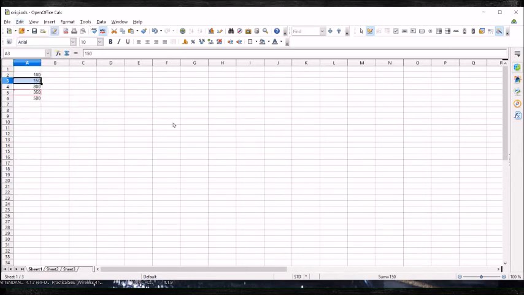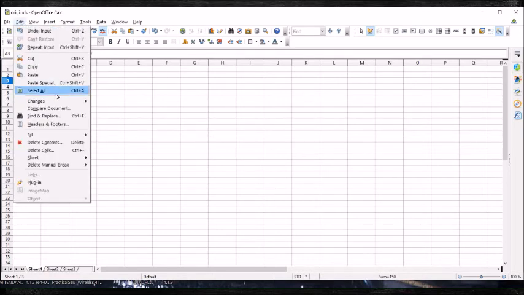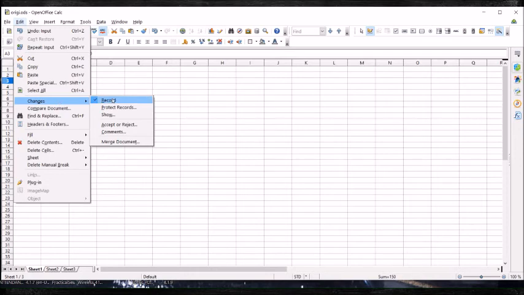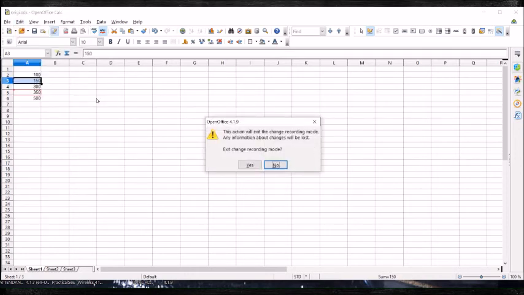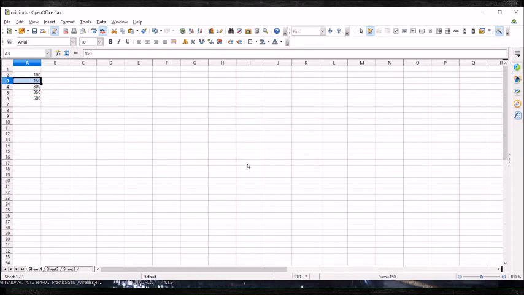Now, one more thing: if we have enabled this record option, then the changes will be recorded automatically. But if this option is disabled, see, it's asking if you want to exit from recording mode. For testing purposes I can click on yes, I do not want to record the changes.